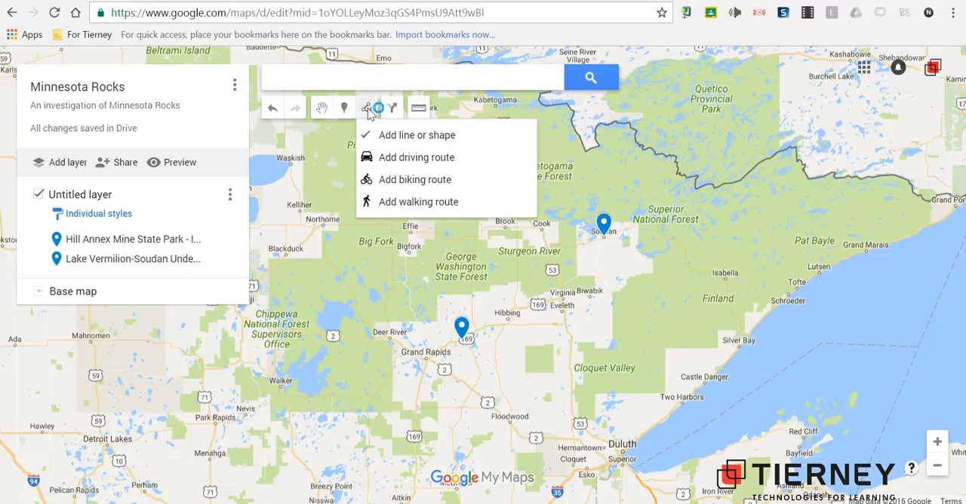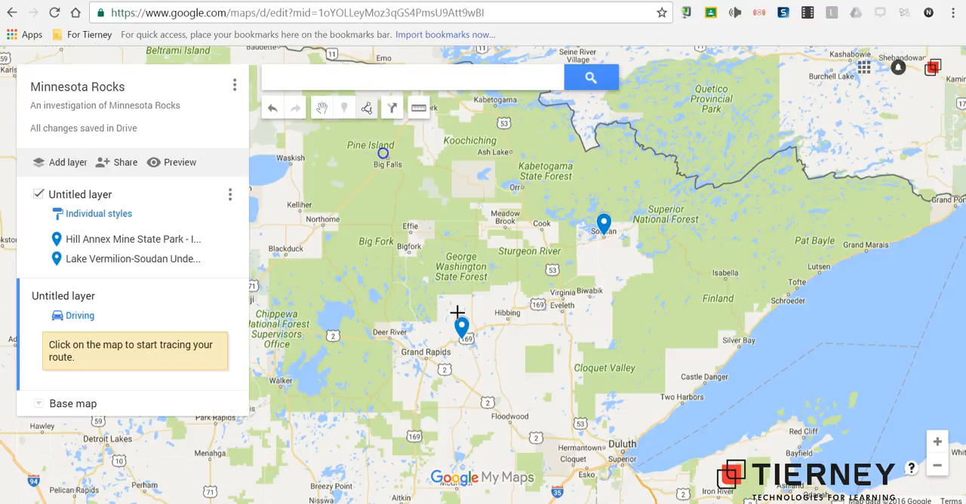When I select that item, you'll notice I have the ability to draw a line, which does as the crow flies from point to point. I can add in a driving route, a biking route, or a walking route. Let's go ahead and select the driving route. As I do that, you'll notice my mouse turns into a crossbar where I can hover over a location on my map